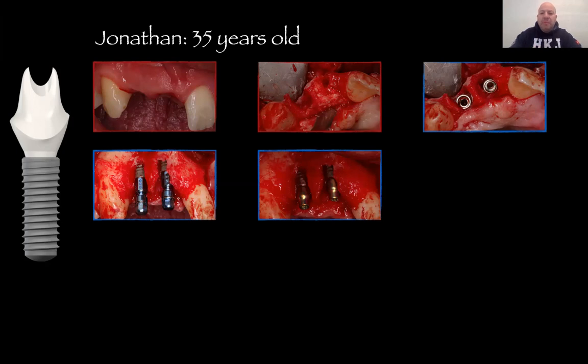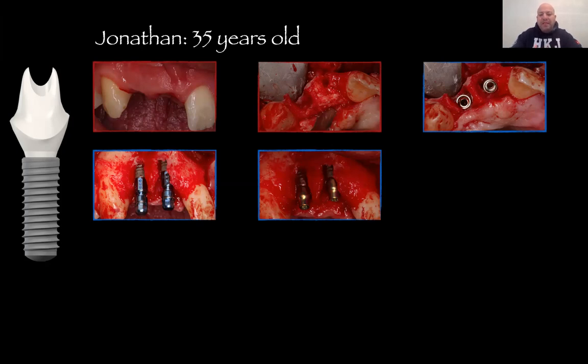And here we need to make a decision, what implant size we need to go for. In the past, we used to think the bigger, the wider, the better. But now we understand that's not the case. So we would prefer to have narrower implants in the anterior region so we can have more space for the new bone grafting we're going to perform, but also to maintain that interseptal bone between the two implants. But how narrow we can go